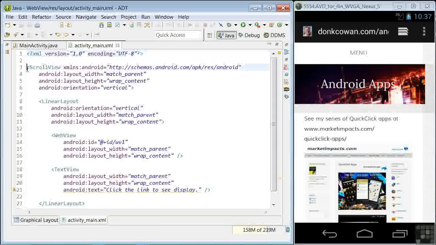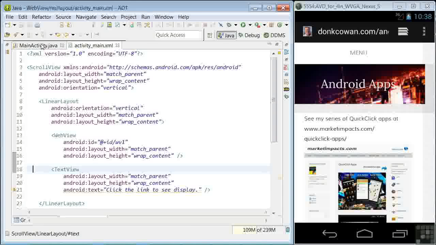Lines 3 through 6 define a scroll view. 8 through 11 define a linear layout. And within the linear layout, lines 13 through 16 define our web view with the ID WV1. Lines 18 through 21 define a text view telling the user to click the link to see the display, as we saw. Now back in the Java code,